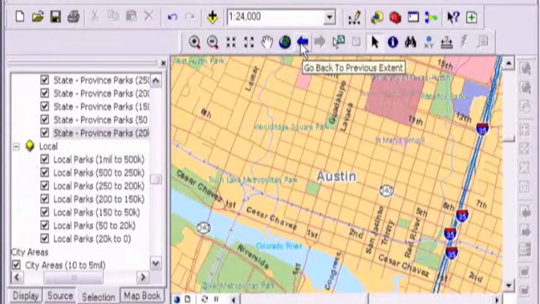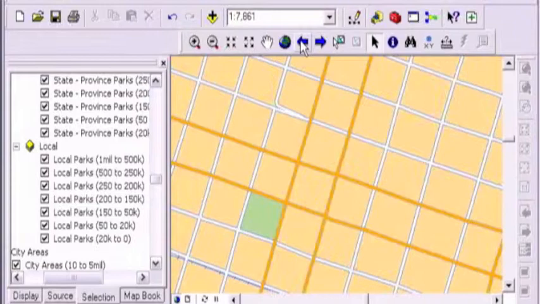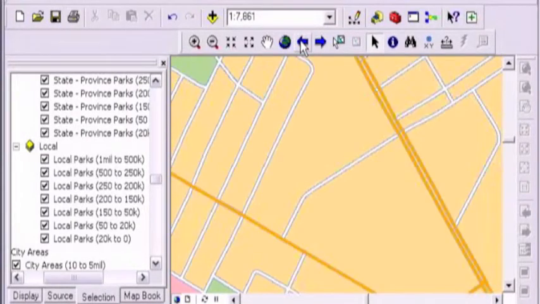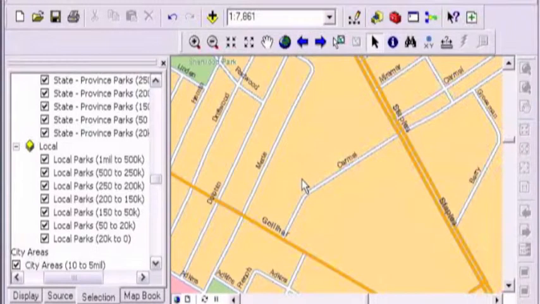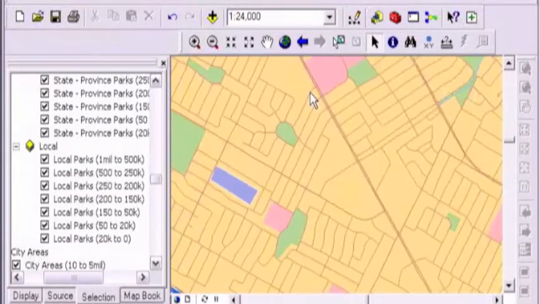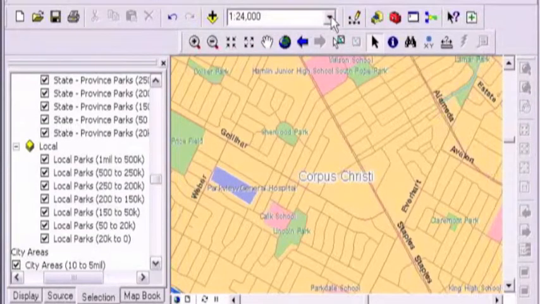We're in Austin, Texas now. Got there using the Find tool. I'm going to hit that Previous button a couple of times and get us back to Nueces County, back in Corpus Christi. Yes. Hit it again. And we're back in Corpus. Here's Carmel Parkway here. And let me just go out, using the little zoom tool. Scale